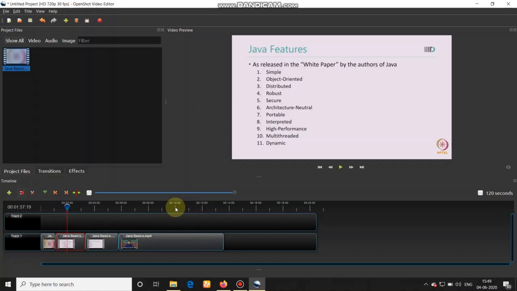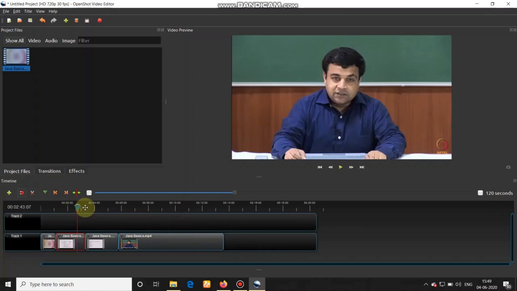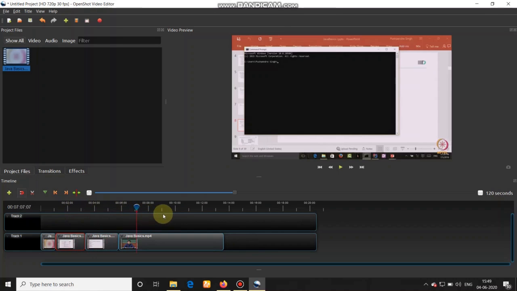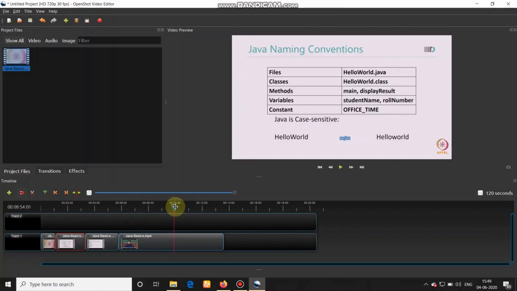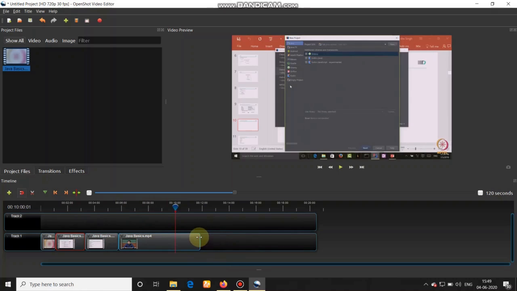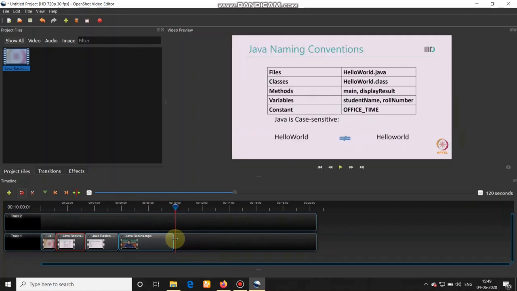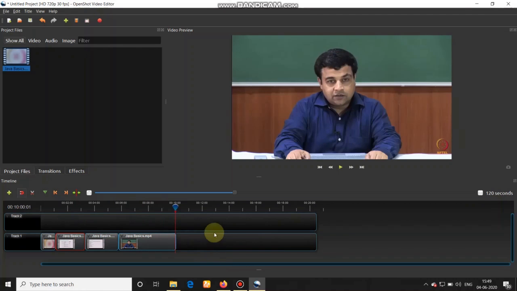So what I can do is move the slider to the 10 minutes and reduce the right side part to the exact location of the slide bar. So it reduces the right side of the slider.